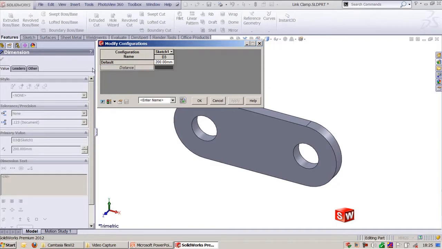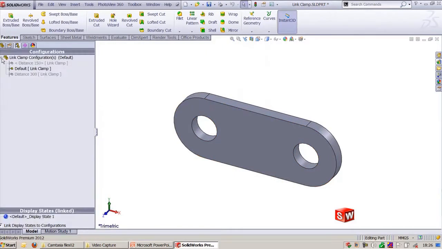distance and 300, and here once again 300 I want to make it. Select this, make it as 300 and click once again, enter here as distance as 150, and this should be 150, and click OK. And now if you click OK, here you can see three type of clamp is created